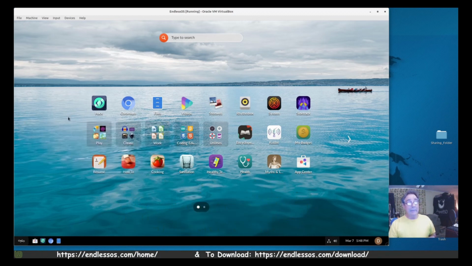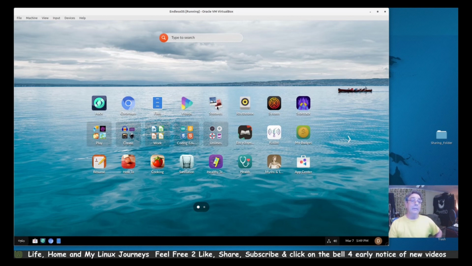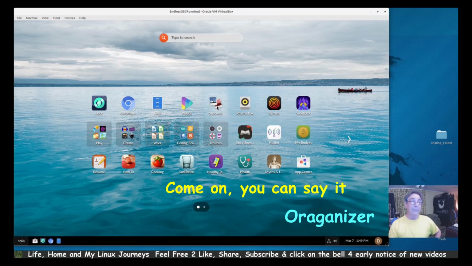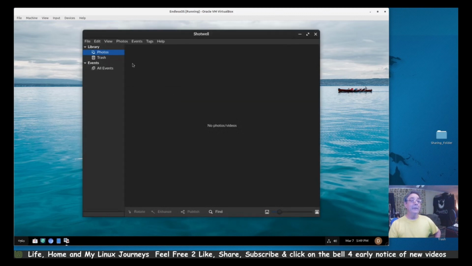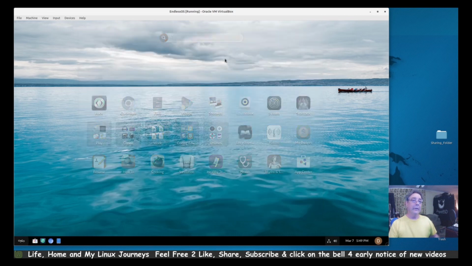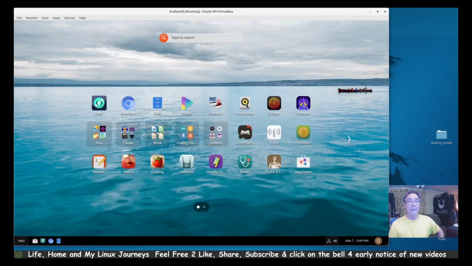I looked at that on the web, and that's actually a pretty nice little program. I didn't open it up and play in it yet, but maybe I will. Chromium for a web browser. This is GNOME Files, Videos, Shotwell for photo software. Welcome to Shotwell, it's for organizing your photos. Close that back out. Rhythmbox, that's a pretty nice audio player.